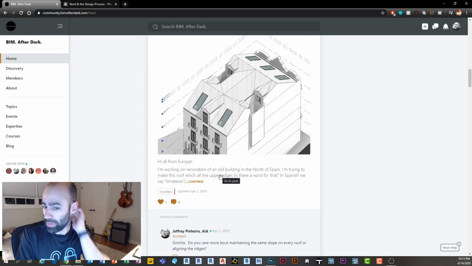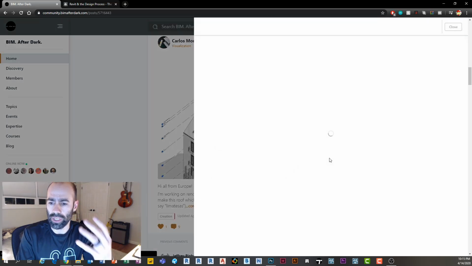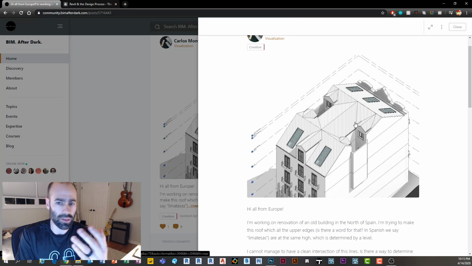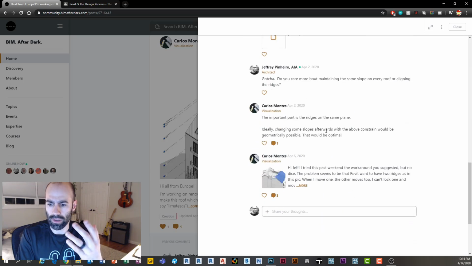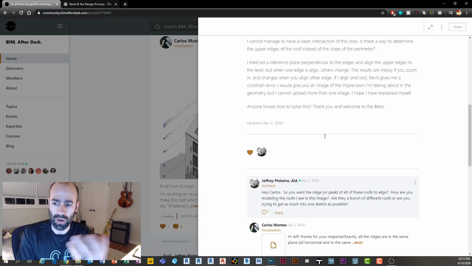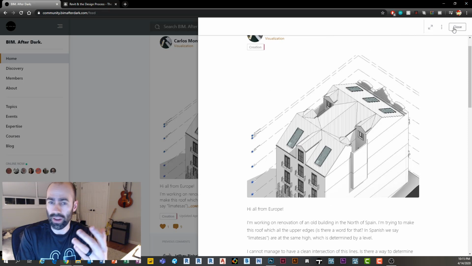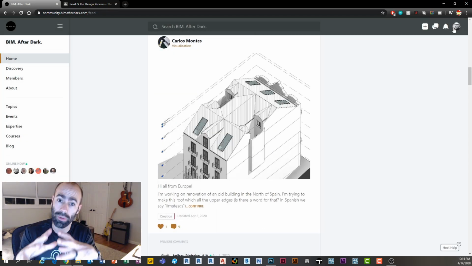A perfect example, which goes right along with the blog post that I've been posting about where do you ask questions and how do you get answers to what you're stuck on with Revit. Right here we have Carlos, who reached out to the group and was trying to develop this very specific roof detail. The roof detail needed to have pitches and heights that are all the same. So Carlos and I went back and forth on different ways to solve that. I included snips. I'm able to upload videos as well as other members, which was awesome.